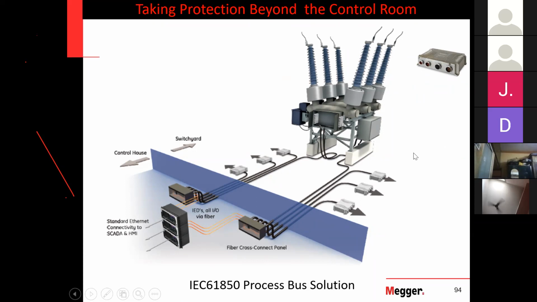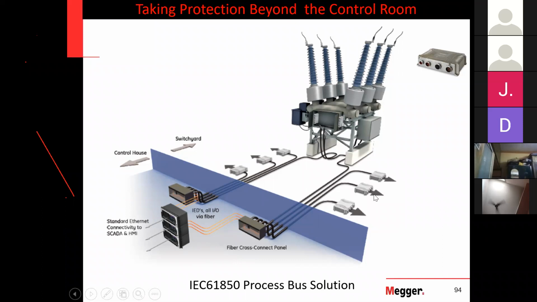The transformers, the isolators, breakers, line, everything. This arrow mark is the copper cable. This is the merging unit. And this is the wall. This is the switchyard. This is the control room. Inside the control room, we again shifted the relays back here. No more kiosk. Bring back the relays into the control room. And we keep this merging unit here.